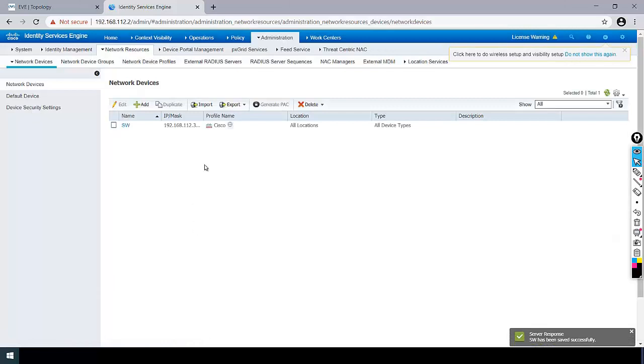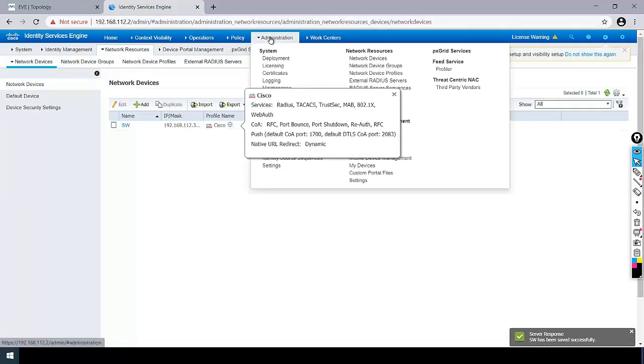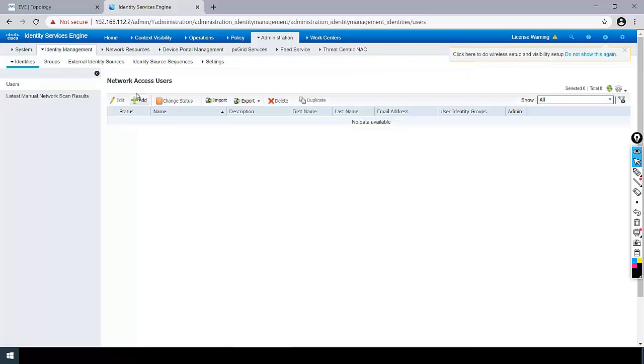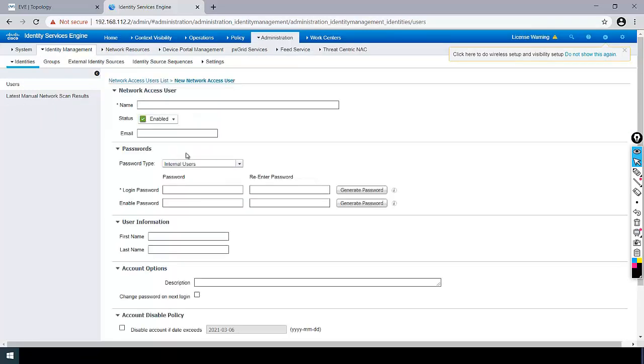Now we will create a user. Go to administration, go to identities, add a new user. For our lab we will use a user with the username of netsec and the password will also be netsec.